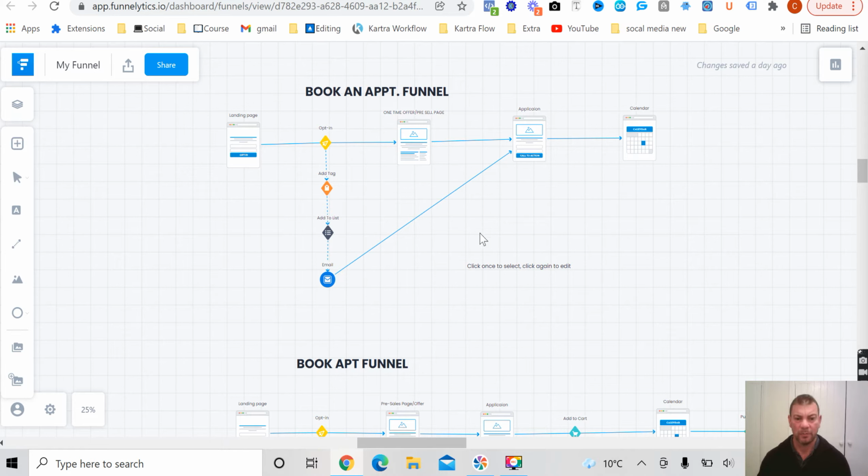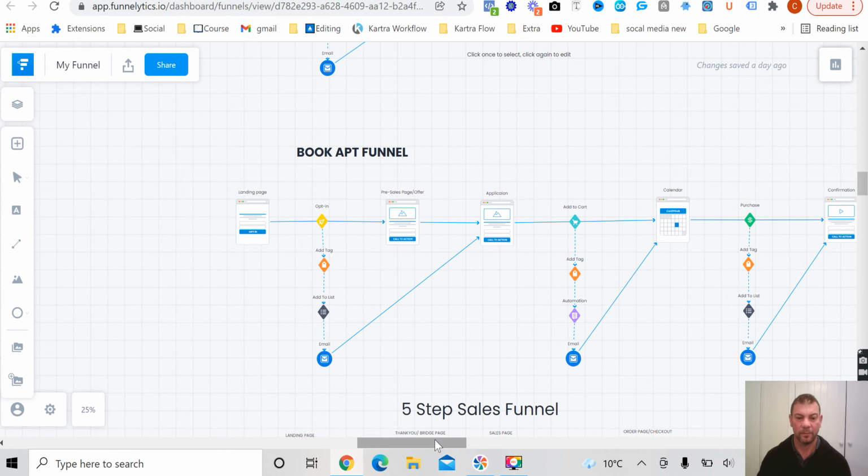So this is a book an appointment funnel. So you can see we've got a little 1, 2, 3, 4. Probably you're on a thank you page, which will be a little add on to the actual funnel that we've got built here. So moving down, we've got something a little bit more